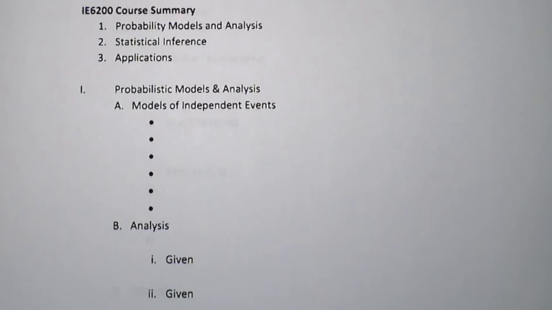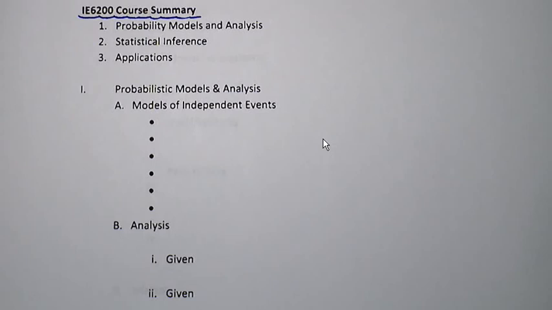We draw this introductory course in applied probability and statistics to a close by going back to a fairly comprehensive summary of what it is that we've done here in IE 6200. And in this particular approach, we've broken apart the course topics into really three bubbles: probability models and analysis as our first one, then a very large segment, really at the heart of the course, in statistical inference. And then we concluded with two modules with a couple of different applications that will pave the way for